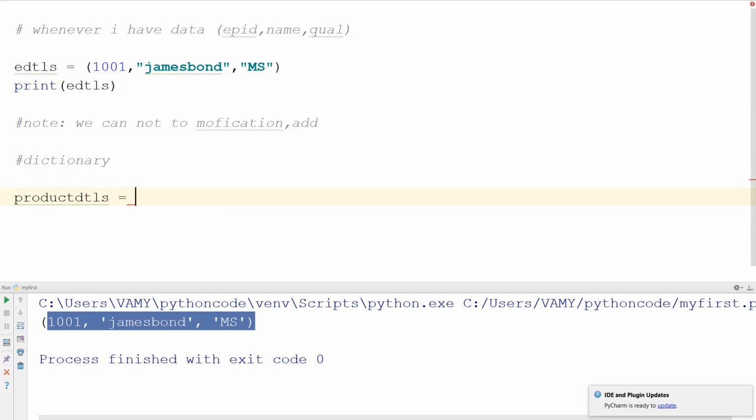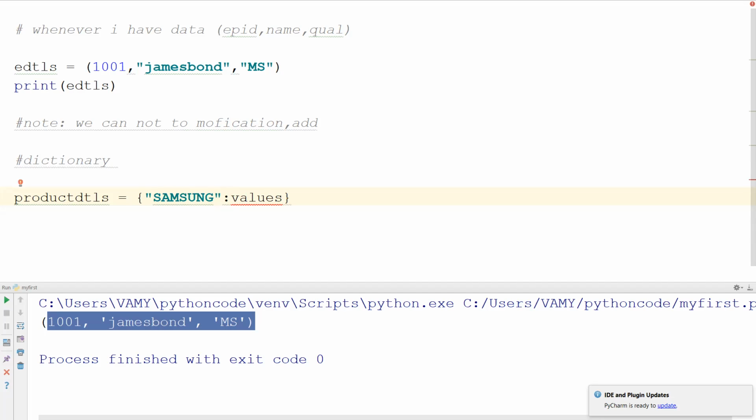Whenever I define a dictionary, I give it within curly braces, and there is a key and value concept. The key and value are separated by a colon: here the key comes, here the values come. Now let me take the key for example. I am selling Samsung products, so let me write Samsung as my primary key.